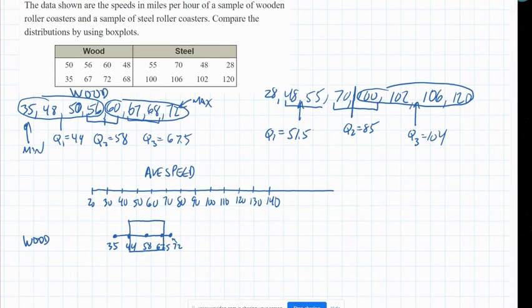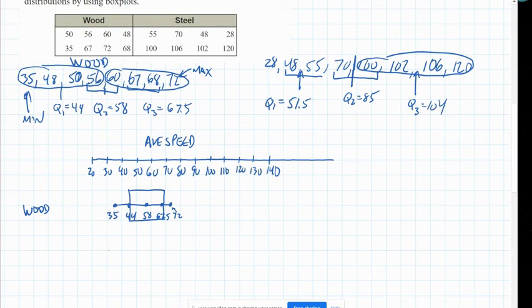And then we'll do the same thing with steel. So our low is 28. 51.5. 104 would be about right there, and 120 is our maximum. Okay, so